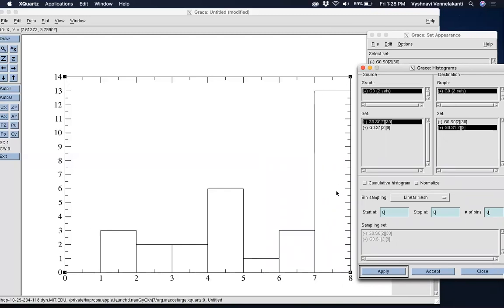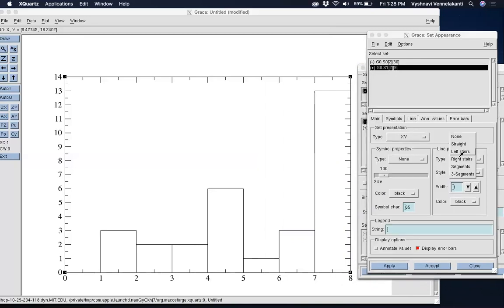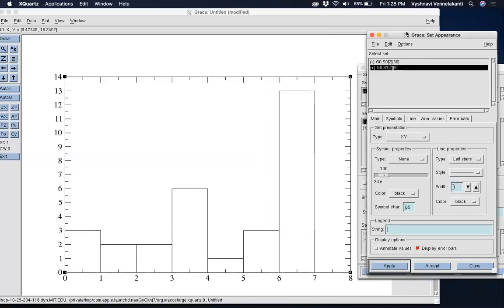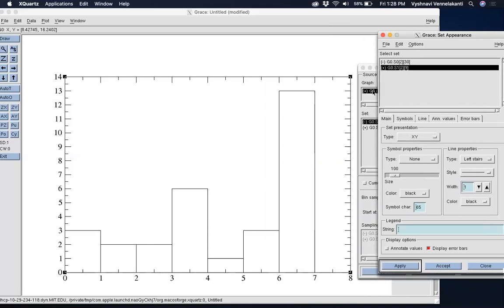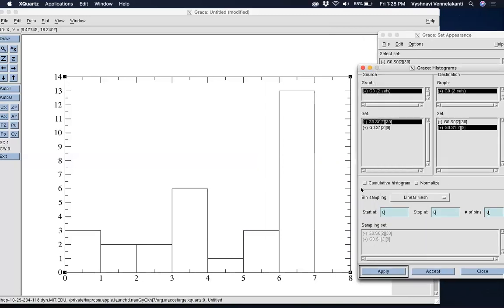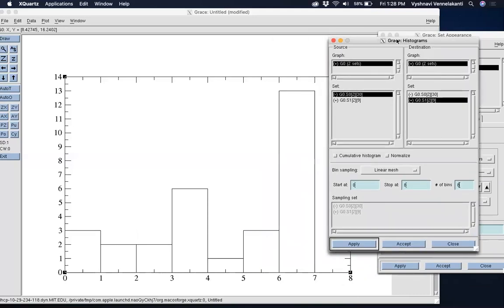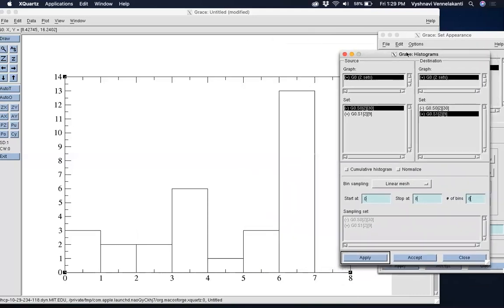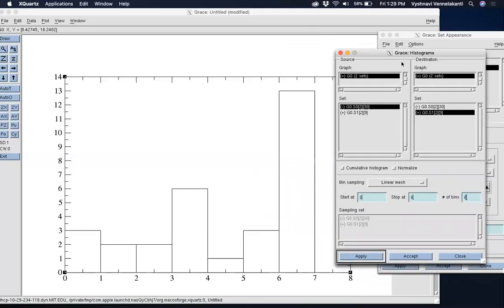Okay, so whether you want to represent your data in terms of left stairs or right stairs is totally your call. I would just go with the default of left stairs, and that's just your preference. I don't see how one thing is more advantageous than the other, honestly. So you can just pick whichever you want. And let's get back to the histogram